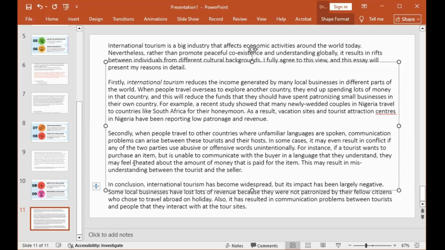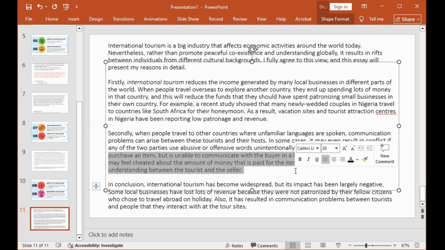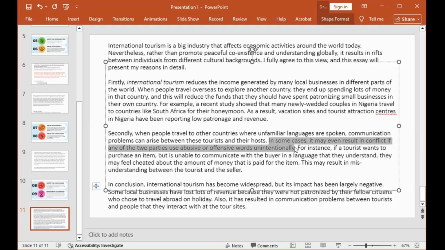Okay, so I want to do something here. There's something I usually like to emphasize. Whenever you give an example, your example must be connected to the points in the sentence that you wrote before that example. So this is my example here for this paragraph too. It looks like an example plus explanation. Now look at the sentence before it. The sentence before it is not about buying and selling something. Do you agree with me?